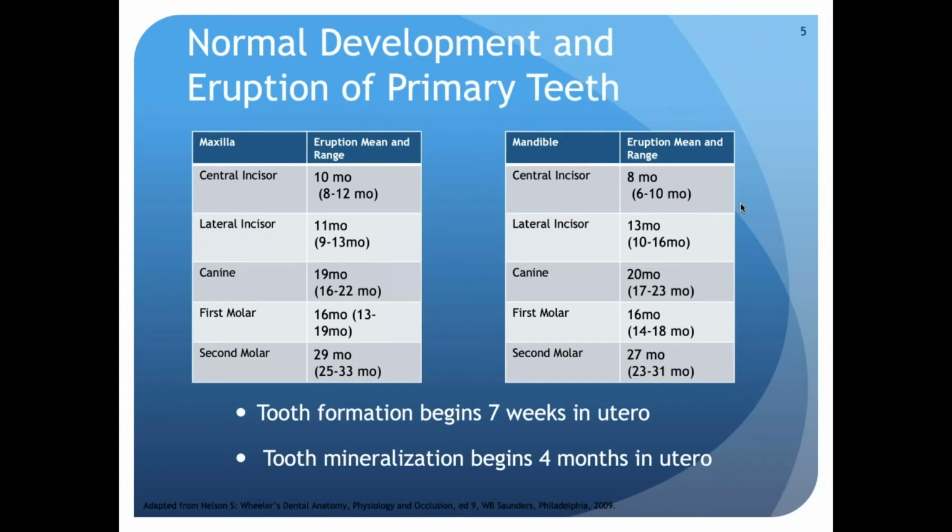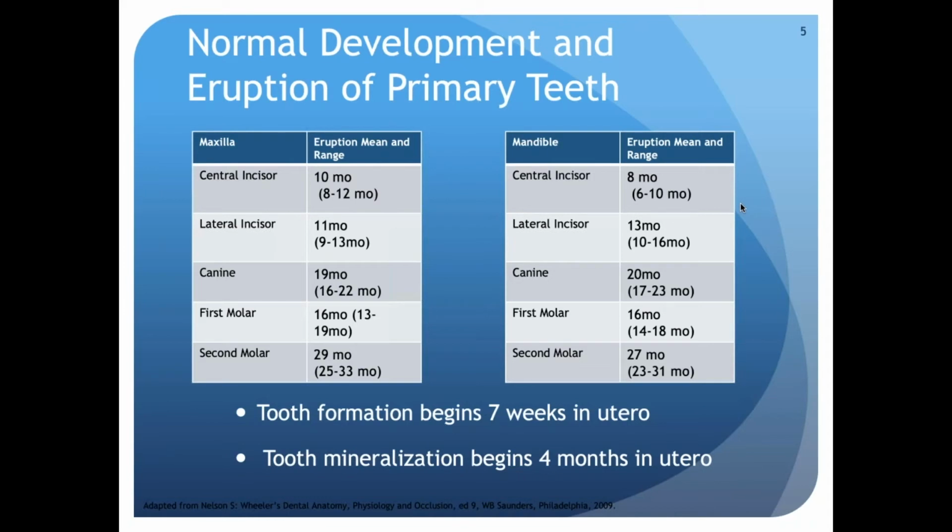We'll talk a little bit about normal development and eruption of primary teeth. Whenever you see tables like this, it can be kind of overwhelming. The big thing here is to just look at patterns. When we talk about eruption of both primary teeth and adult teeth, patterns are super important, and then age ranges. I like to say a lot that we can't put kids in boxes. They aren't always going to develop on the same timeline that the textbook says they should. So knowing roundabout age ranges and then the order of things is much more important than remembering